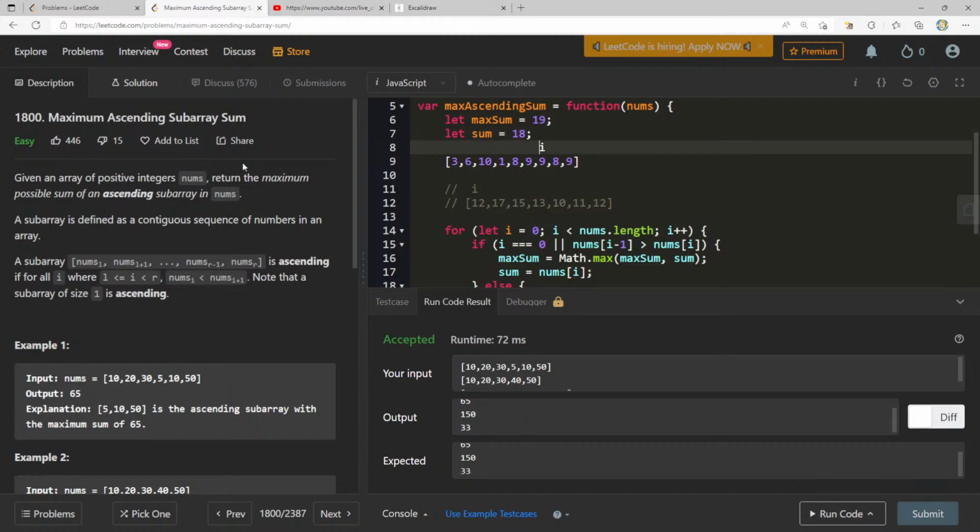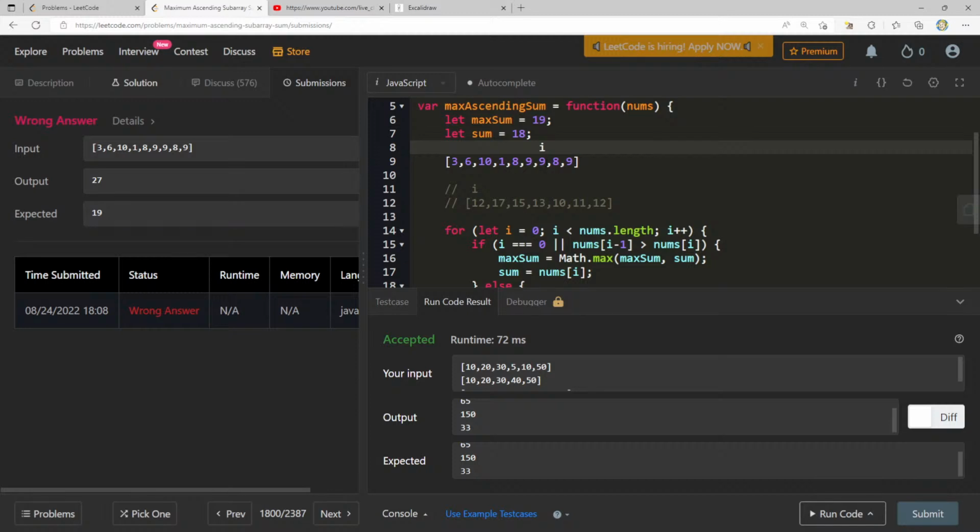Let me see what I did here. The answer I gave was 27, but what? Does it not like? Should it just be? Well, let's see. What happens if here, the previous one is not greater than, so we're going to go ahead and add it, 27. Now, if we don't go ahead and add it, then we'll do max sum of max sum. So that stays the same. Now this is reset to a 9. We come over here. Okay, the previous one is greater. So what? We reset it to...